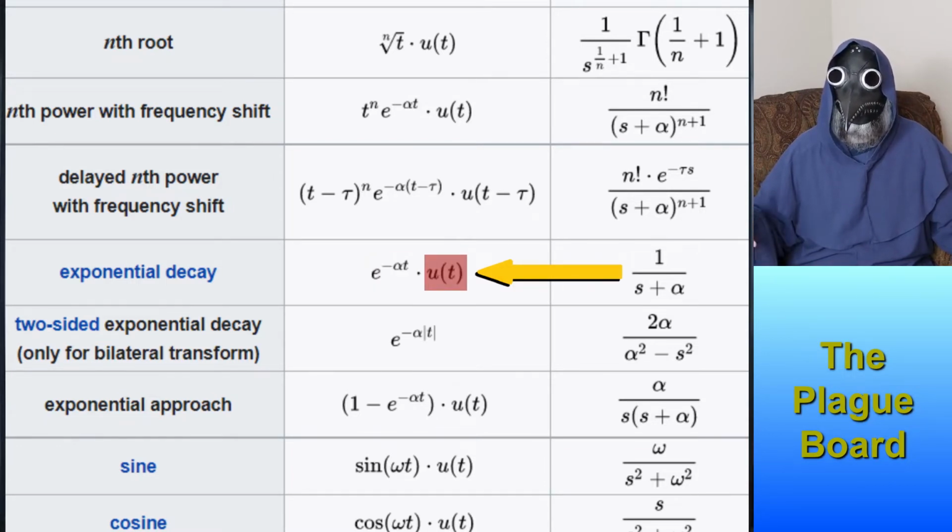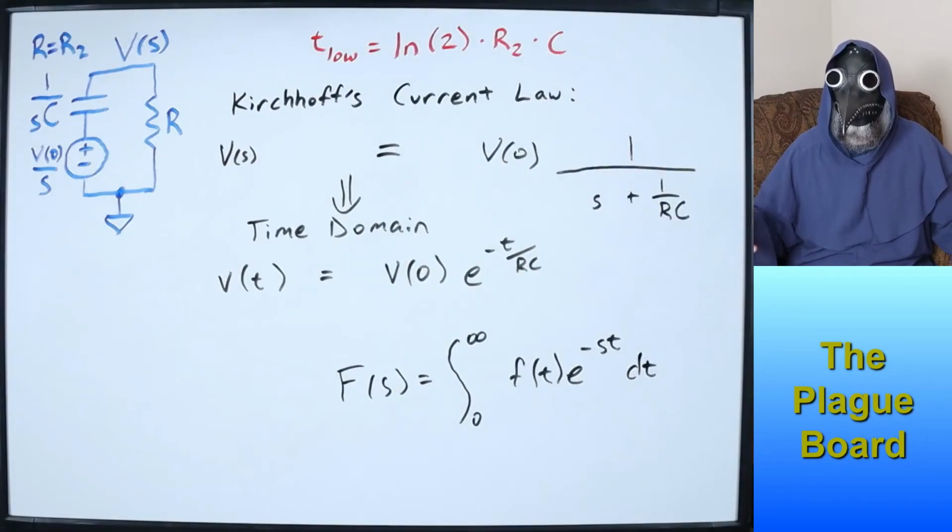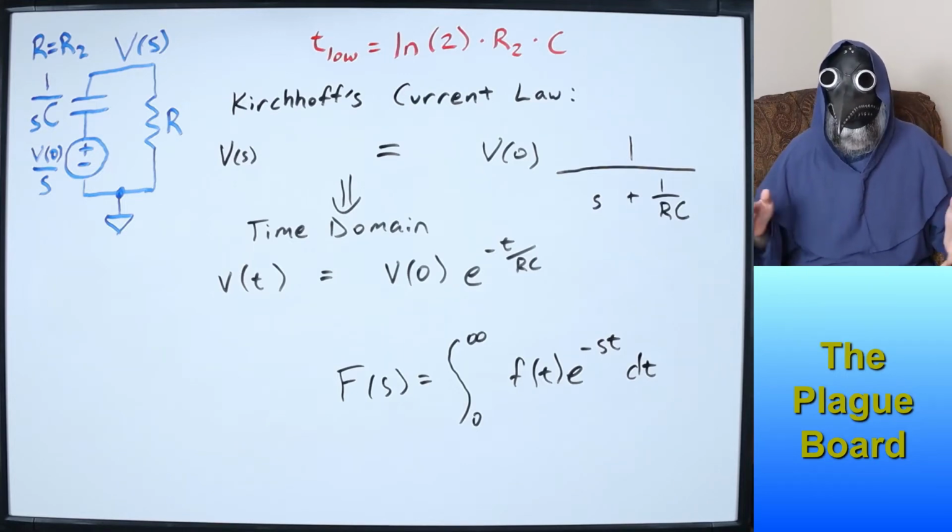For this, we could ignore u of t. It's just a Heaviside step function, which has a value of 0 when t is negative and a value of 1 when t is positive. We're never going to use a negative t because, after all, if you've seen the movie Back to the Future, then you'll know that bad things happen when you go back in time. Bad things also happen when you go forward in time. Go back to watching your TV.